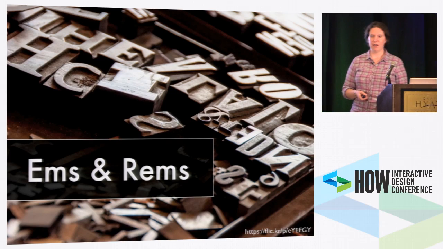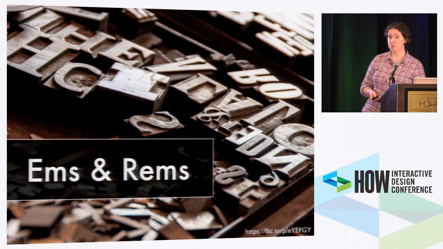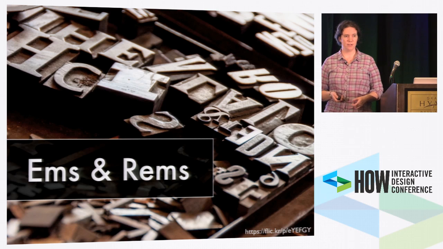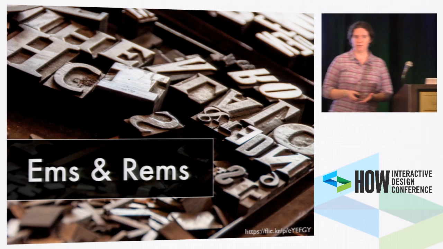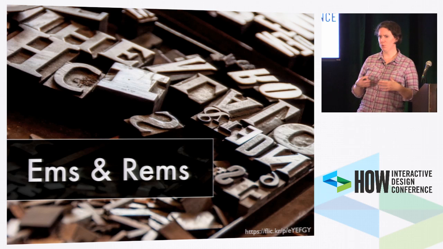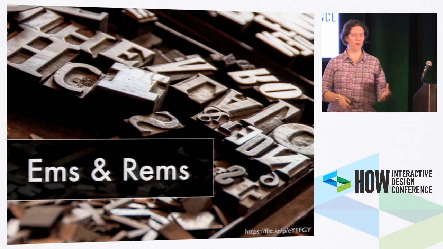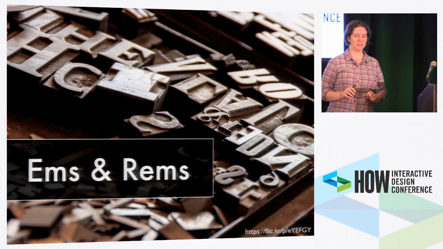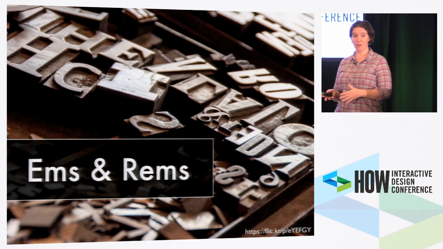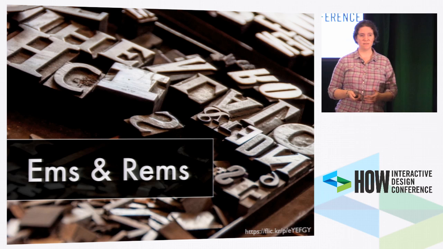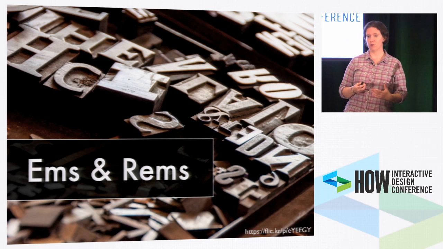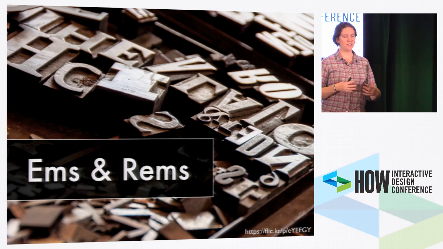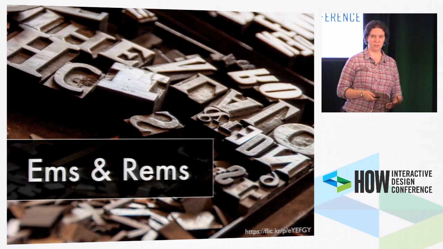As you're doing responsive typography, you're going to use different measurement units than you would for a fixed width site. Normally you'd use pixels or something like that. If you're working in something like Photoshop, you might use points and have them translated to pixels. So you're used to deciding exactly what the size of the text is and then having the developer do that. But with responsive sites, we're going to use rems and ems, which are relative units, and they allow the size of the font or the size of the text to change based on the device that you're viewing the site